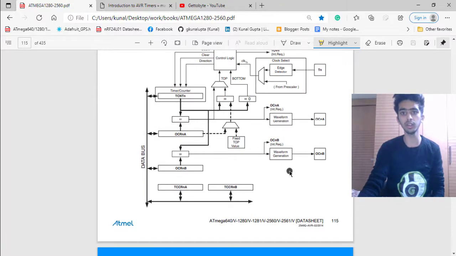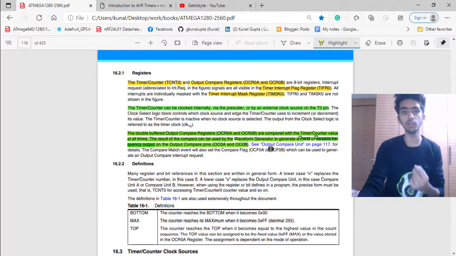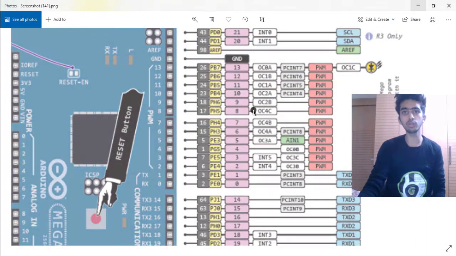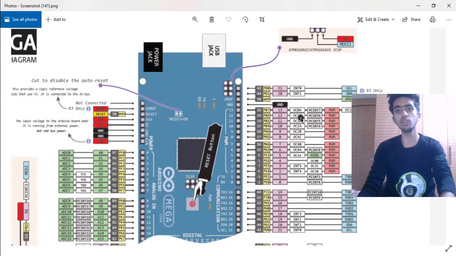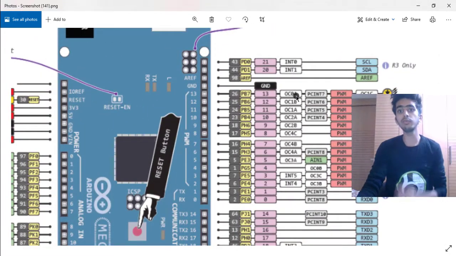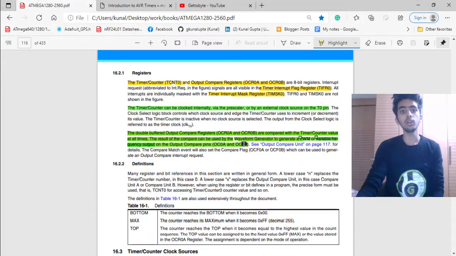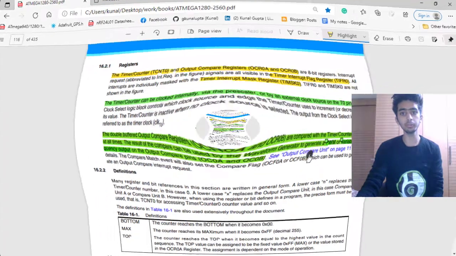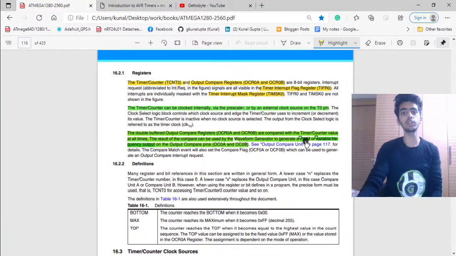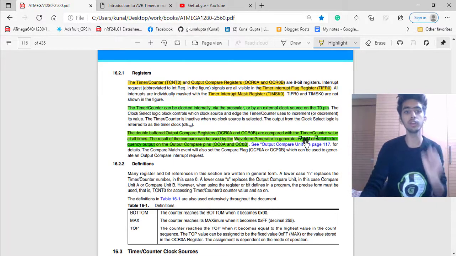Okay, waveform generator, and it generates outputs on the pins OC0A and OC0B. On the pinout you can see that OC0A... We have a large number of output compare pins, like for timer 0, timer 1, and timer 4 also. Okay, so this is for the ATmega2560. So now coming back to this, it is written to generate PWM of variable frequency output.